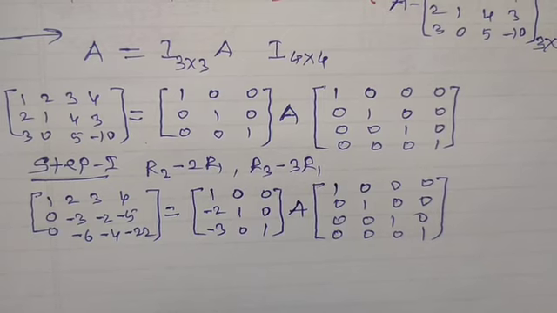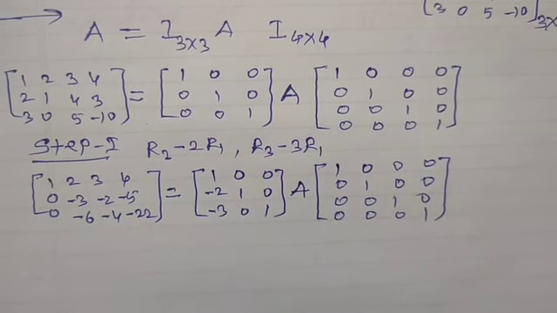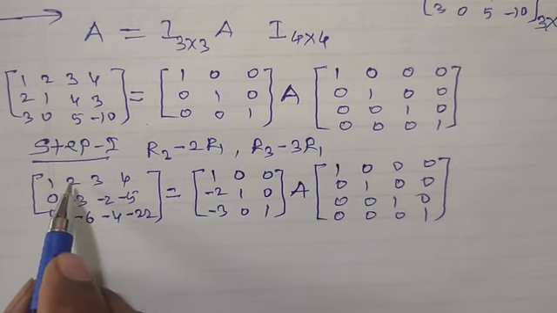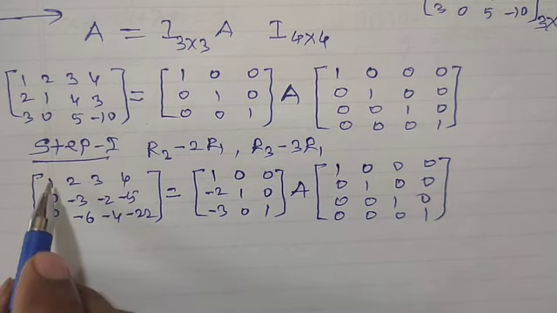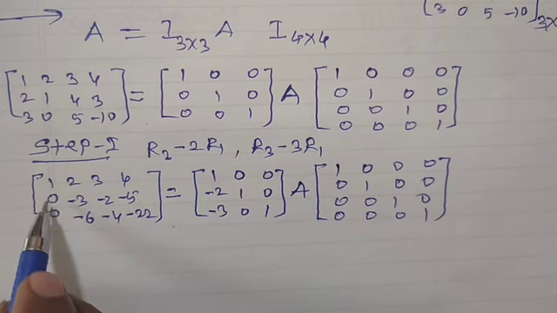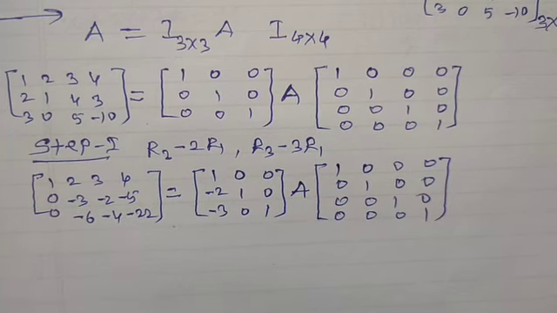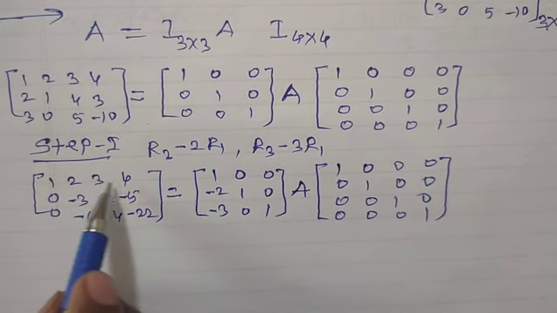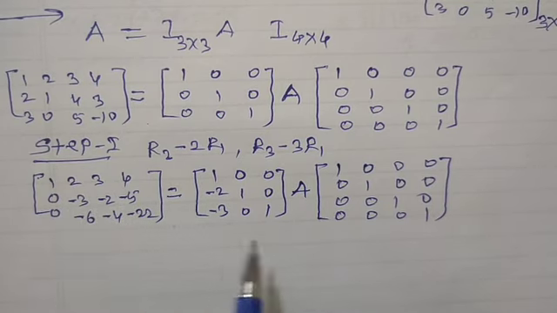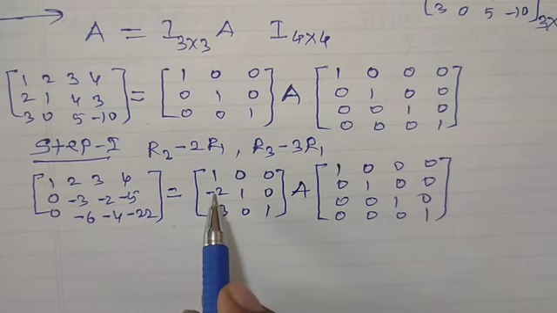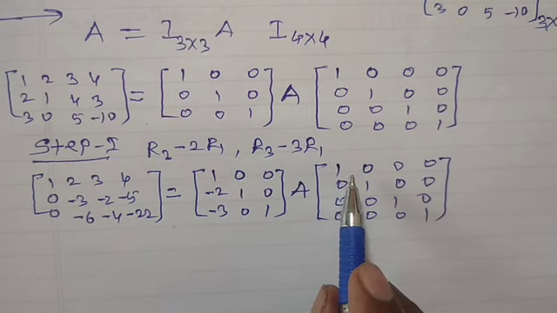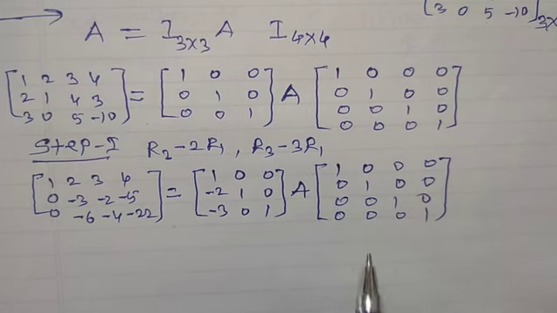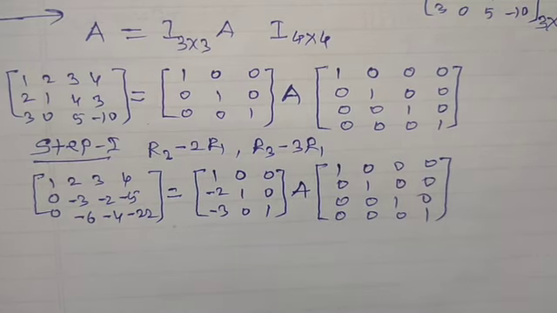Now apply column transformations so that this element will reduce to 0, this element will reduce to 0, this element will reduce to 0 with respect to this element, with respect to column 1. So if we apply column transformations, there will be change in first row of this matrix, and there will not be any change in this matrix, and there will be change in only first row of this matrix. Okay, remaining rows remains as it is.